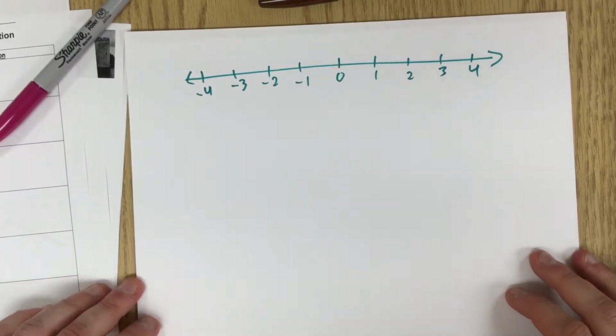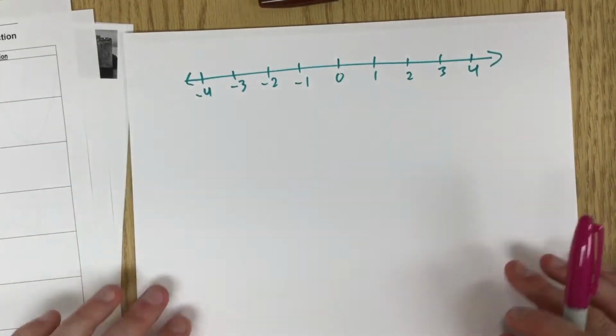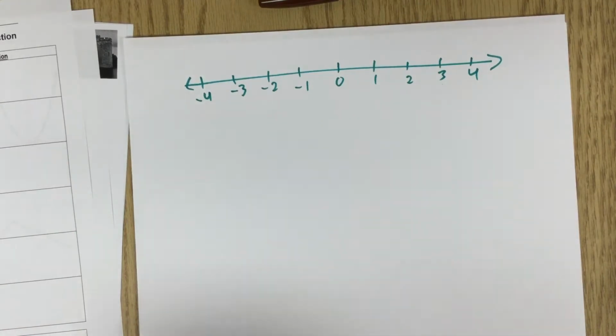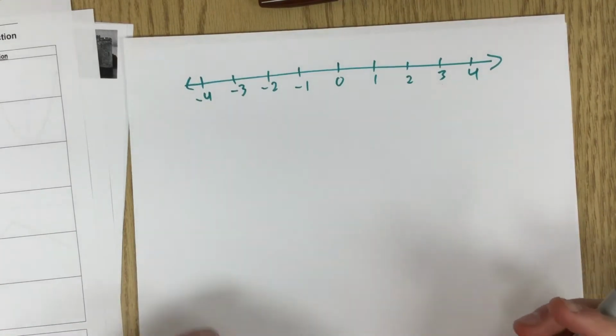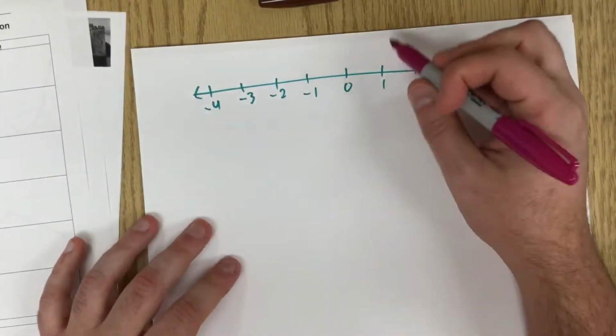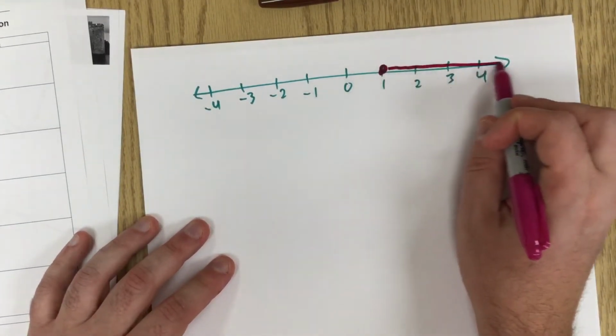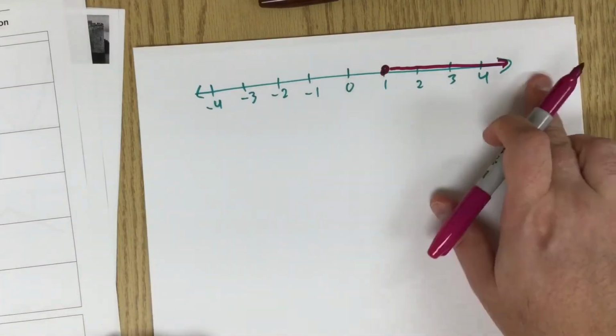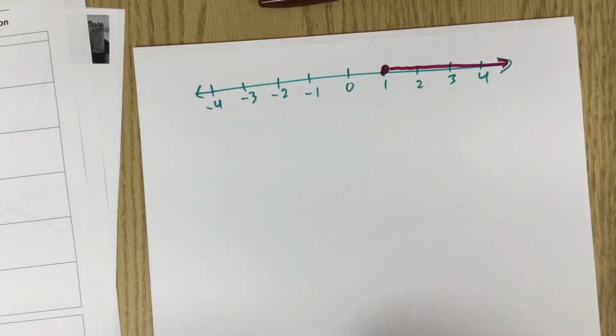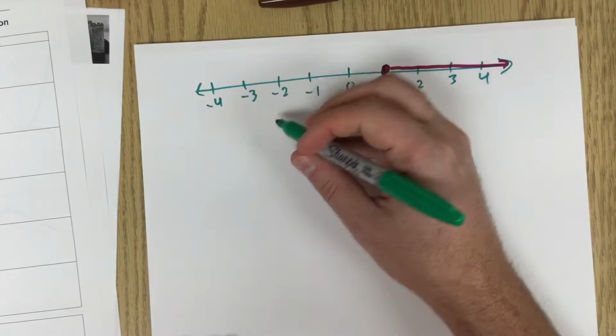Let's do some more examples of the notation. I've decided to pre-create my number lines because I think it's kind of boring watching me do number lines. So let's say, for example, I have this. I'm going to start at 1, and I want to say that it goes from 1 all the way up. And the way we're going to write that is we're going to say